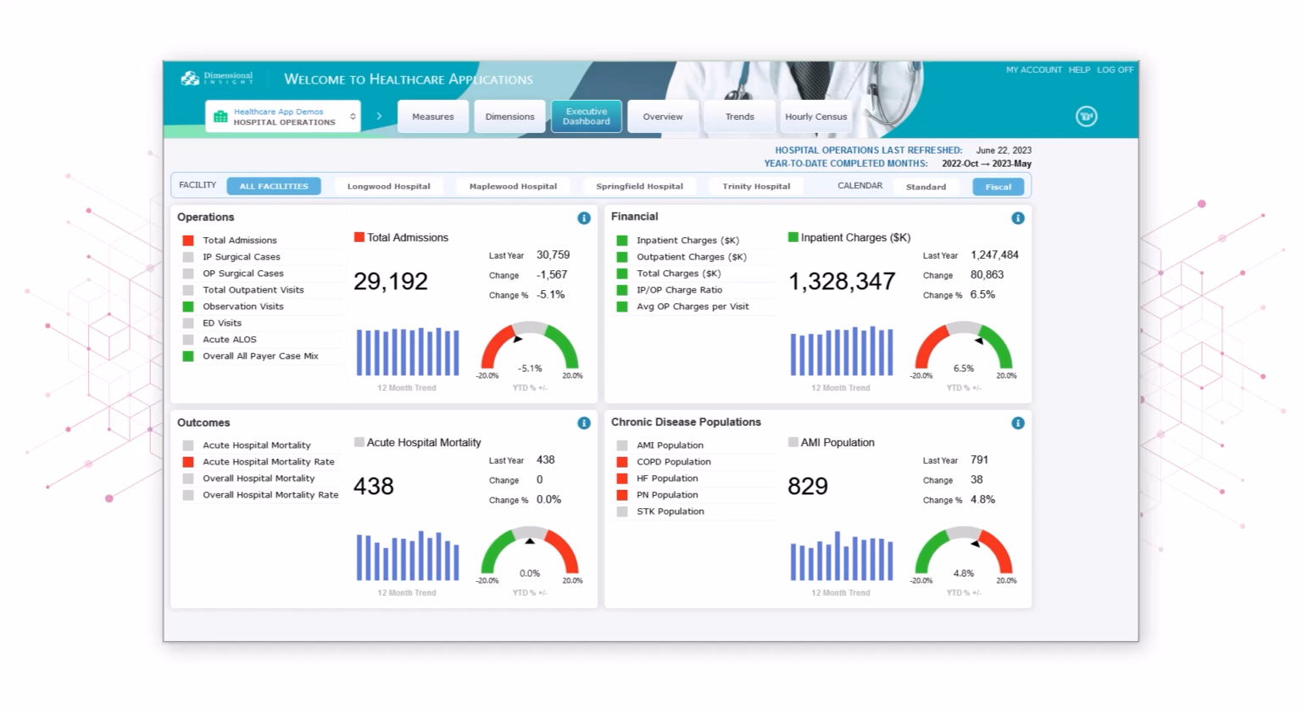For example, in the top left dashboard, labeled Operations, we can see that total admissions is at the top of the list of measures and is also the currently selected measure. Below the heading Total Admissions is detailed information that pertains to that measure. We can see that the number of admissions for the year to date, that is, the current year to completed month, is